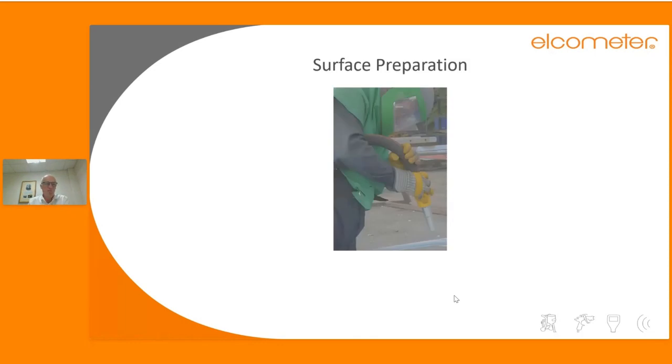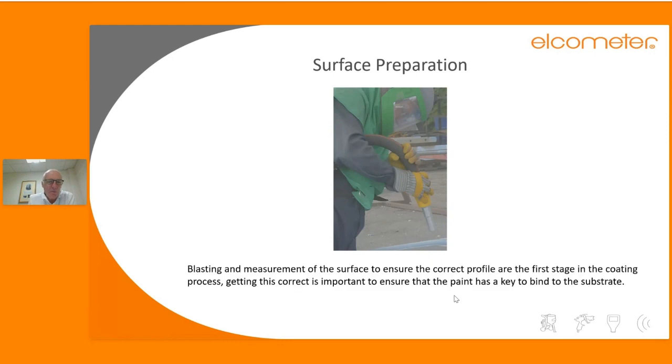firstly, the profile is measuring actually the surface preparation that we do on the substrate, blasting the substrate with either grit or shot from an abrasive blast machine, and the measurement of the surface following the blasting is actually the first stage of the coating process. We need to ensure that we have the correct profile of the surface to make sure that the paint has a key to bind onto to give it the correct adhesion parameters that has to go through in situ where